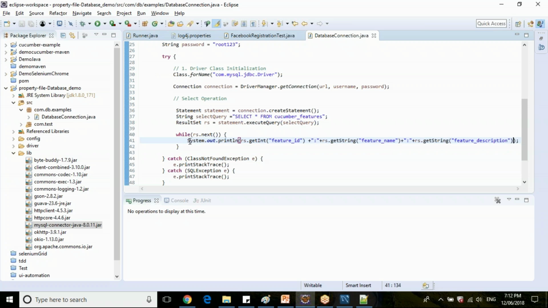Let's see whether these fields will be printed or not. And after this, since you have opened the connection, you need to close the connection as well. Clear?